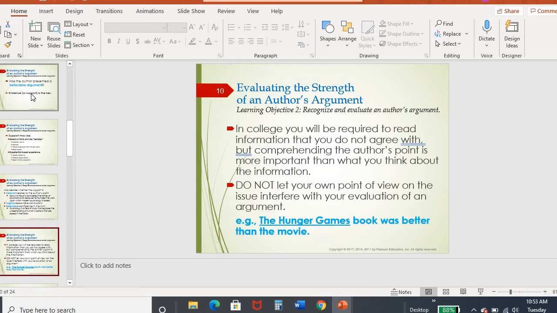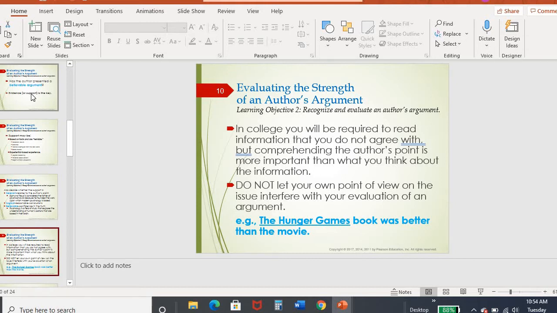So you want to make sure that you're looking at this, because it's important when you are reading the kind of text that you will be reading in your college courses, to be able to identify if an author is biased, if they're presenting some sort of argument, what their purpose is, do they have a particular tone, because authors can try to persuade you to believe one way or the other based on their own personal opinion if you're not able to identify that.